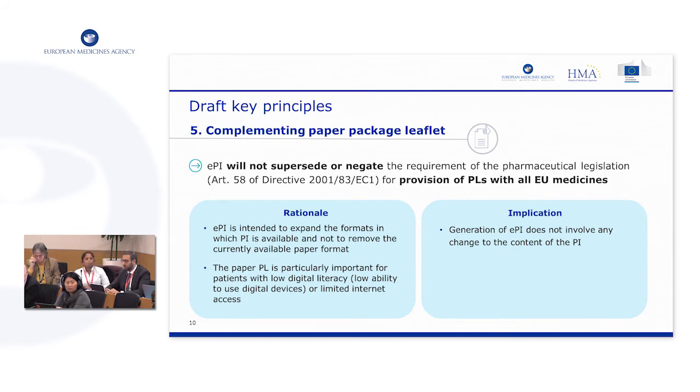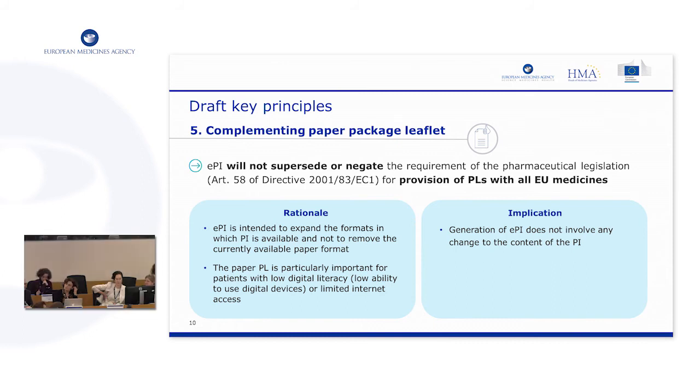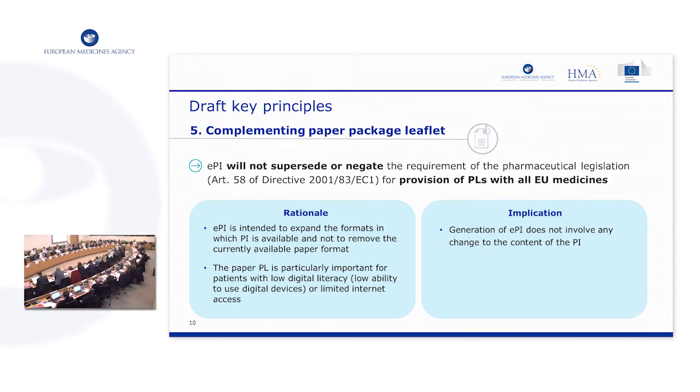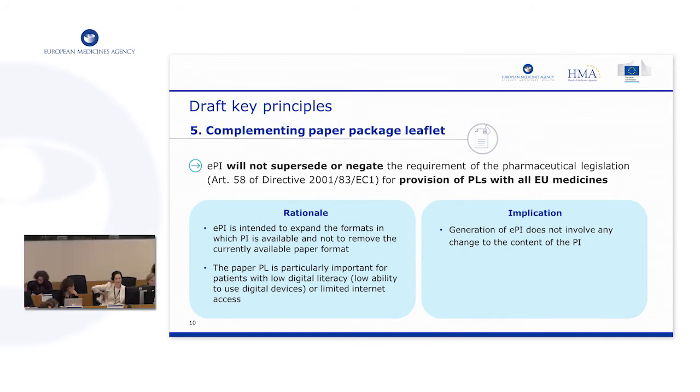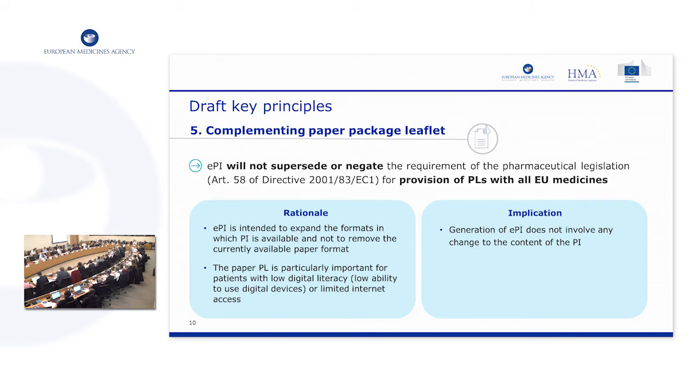Yeah, this has been considered in a way. Again, it is work in progress, but the solution proposed is that there will be a need to have a disclaimer which says that wherever the electronic format is available, this is supposed to be the latest information. It's no different from what is currently done. Whatever you have in your current pack in the market may not be up to date. It's probably out of date compared with the current approved and published electronic PDF of the product because there was a variation and it was updated very quickly. The paper version hasn't followed at exactly the same pace. So it's not very different from what is currently the case.